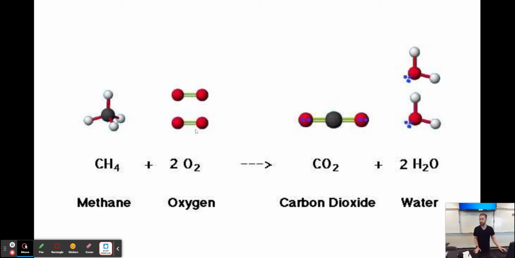Oxygen is actually double bonded oxygens to one another in a linear shape. Carbon dioxide has a linear shape. And water has this bent shape that's interesting. These two blue dots are representing lone pair electrons that are pushing the hydrogens away from that area and bending the molecule. So instead of being straight like CO2, it's bent like this, which is actually really important